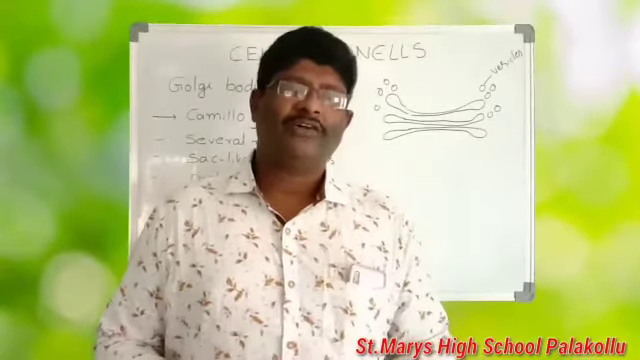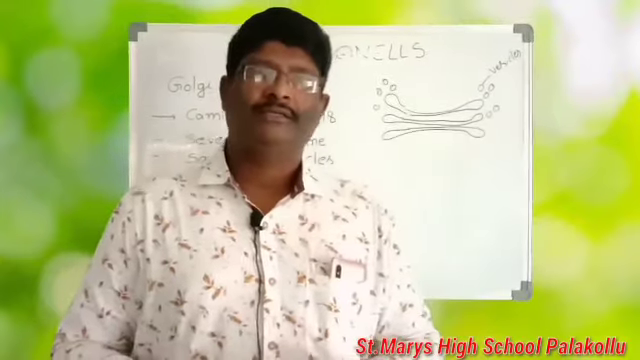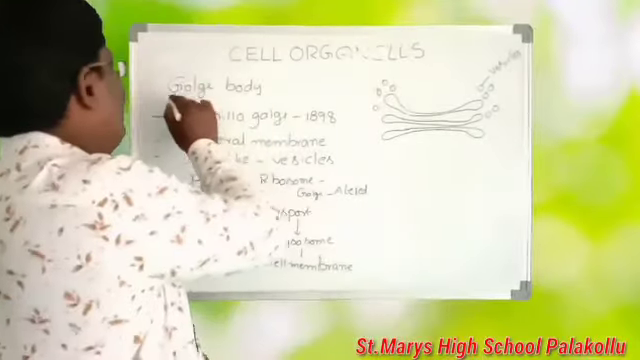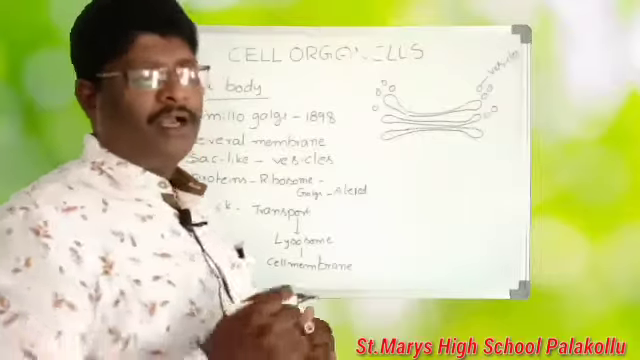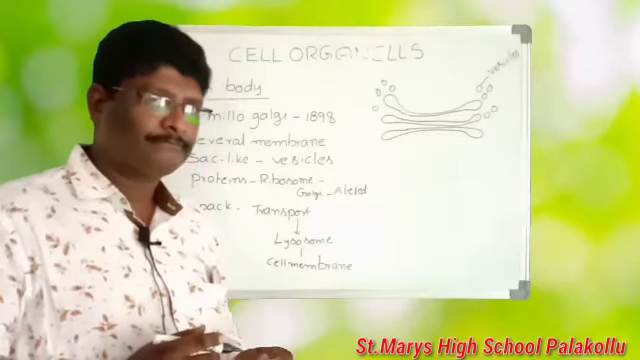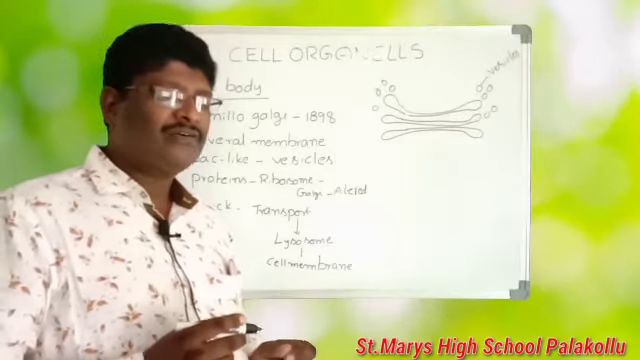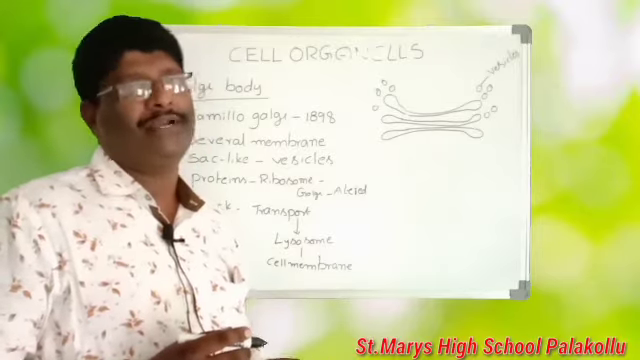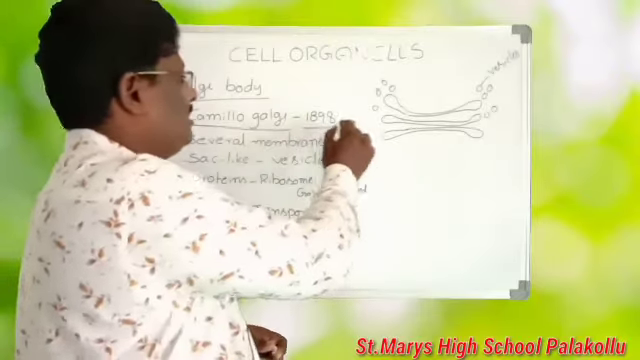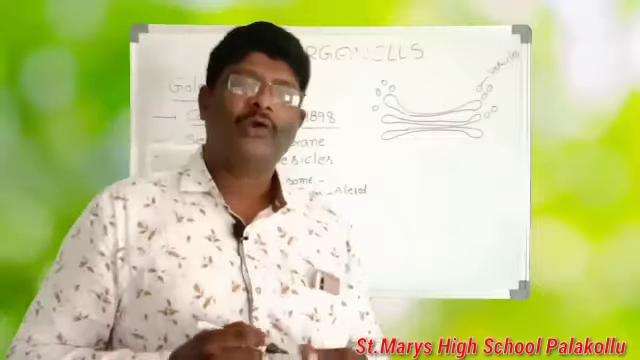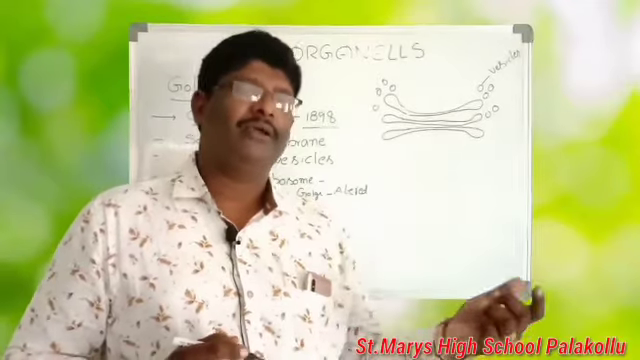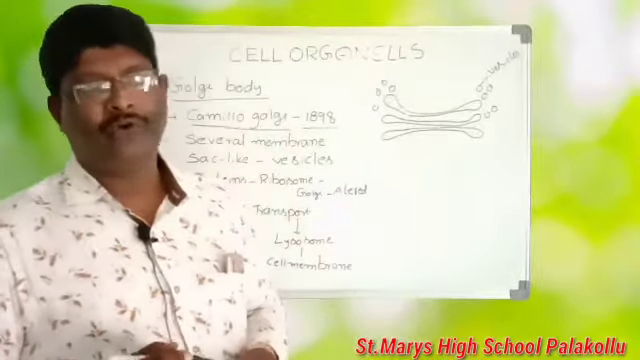Okay, next organelle, that is the Golgi apparatus. What is that? Golgi body or Golgi apparatus is also one of the cell organelles in the cell. Who discovered this Golgi body? Camillo Golgi, the scientist's name is Camillo Golgi. First he found this Golgi apparatus in the cell. So that's the reason that organelle is called the Golgi apparatus or Golgi bodies. In the year